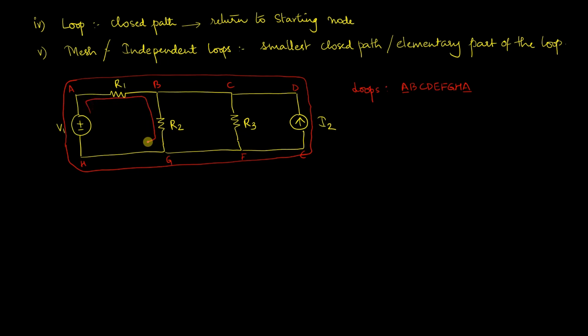So then you have another loop which is A, B, G, H, A. The third loop, which is B, C, F, G, B. The fourth loop is C, D, E, F, A, E, F, C. Then we can also have